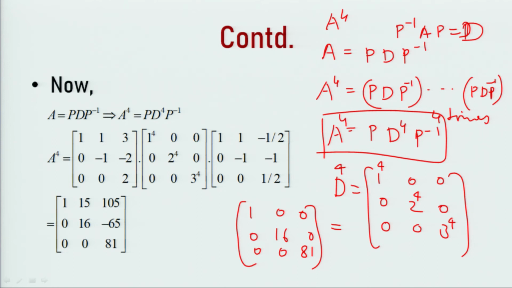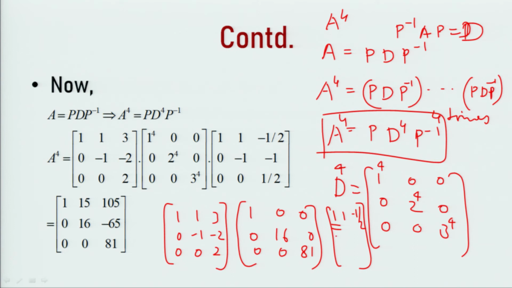Left multiply by this matrix P, 1 1 3, 0 0 2, and right multiply by P inverse, which is 1 1 minus 1 by 2, 0 minus 1 minus 1, 0 0 1 by 2. Because matrix multiplication is associative, you can first multiply these first 2 matrices. So, what we get